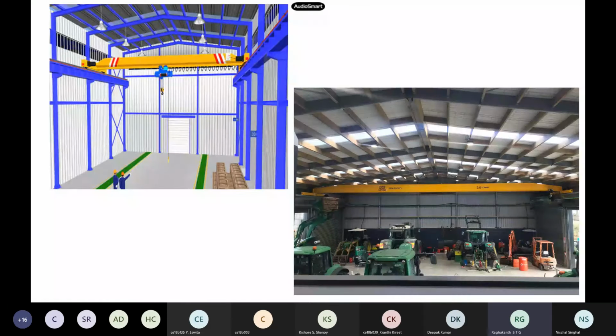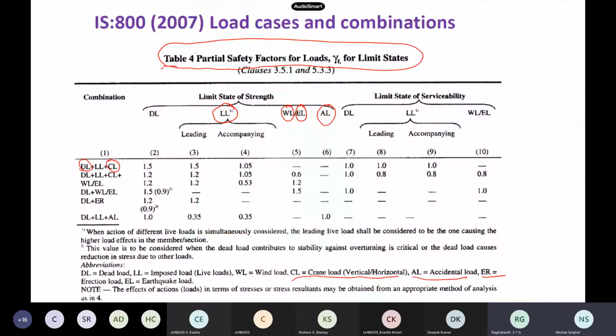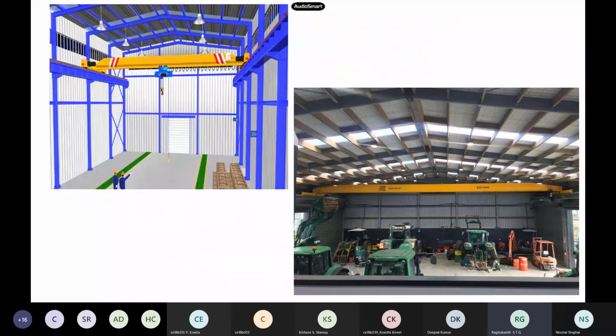Before going further, as I already told you, we have what we call a crane load. Generally crane load is used only for special things. You are able to see this crane here, and the I section which is supporting this crane. This is basically a crane which is used, if you come to our structures lab also, you will see, to shift loads from here to there and others also.